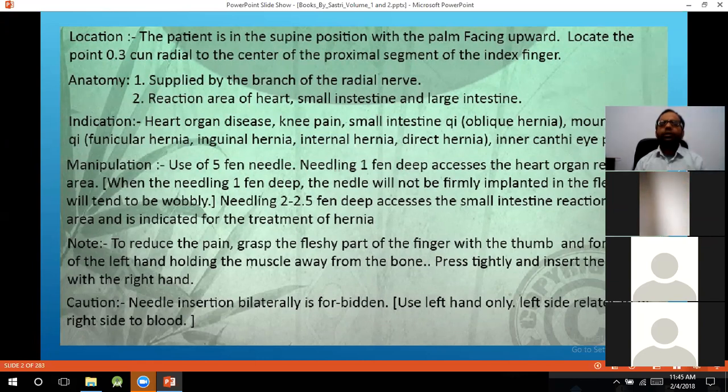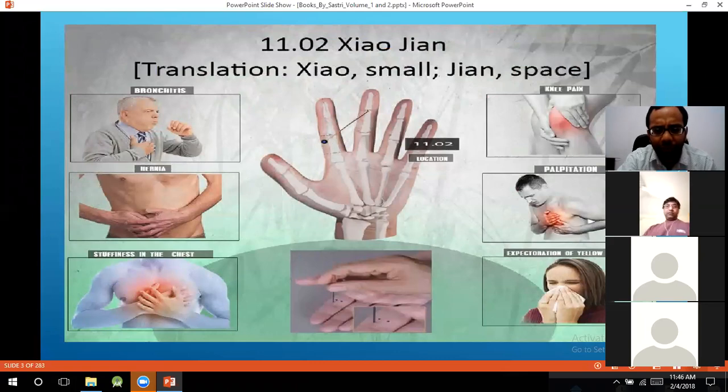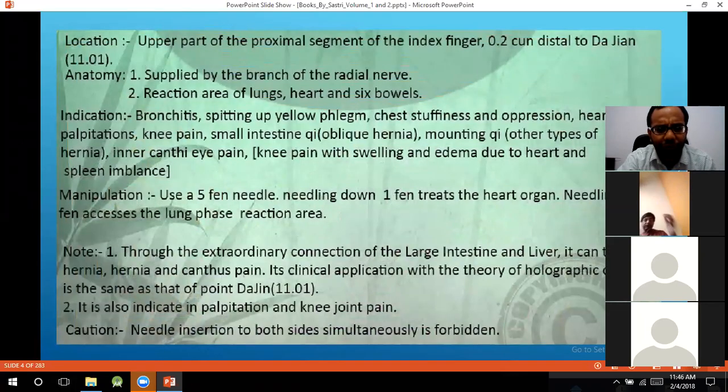Here one thing one must understand: never needle this hand and this hand at the same time. Bilateral needling is prohibited. It should be contralateral needling. If the pain is on the right side, use this. But if the pain is very severe in the central location and you cannot identify the location, otherwise contralateral needling is very important. 11.1, 11.2, 11.3, and 11.4 have the same